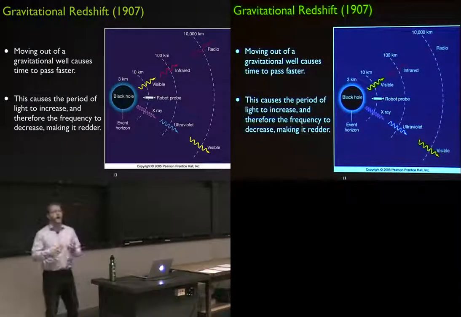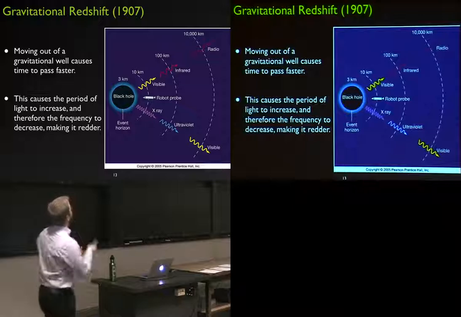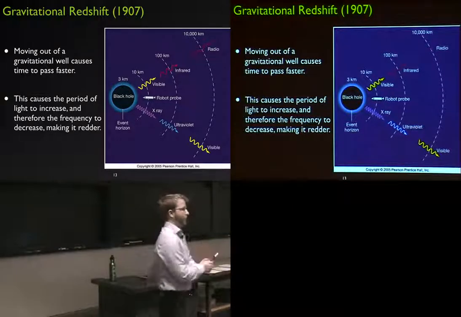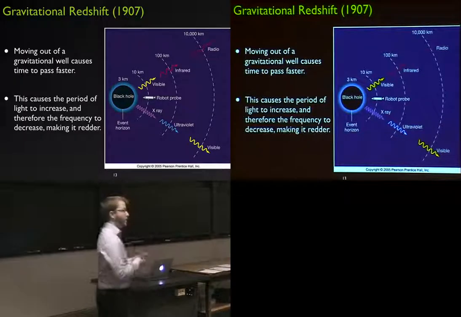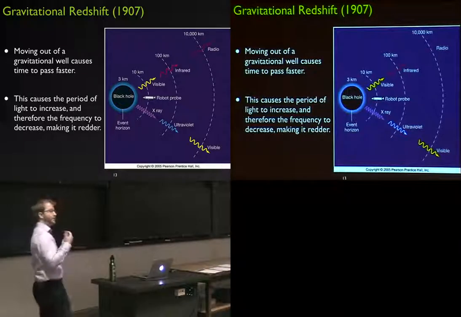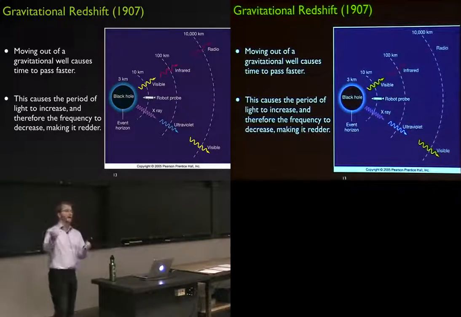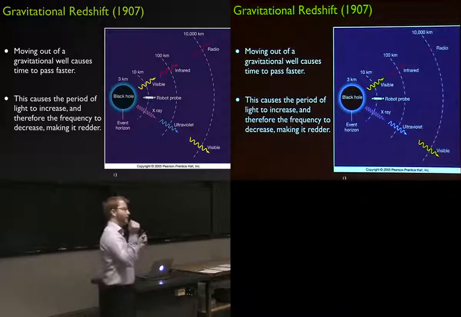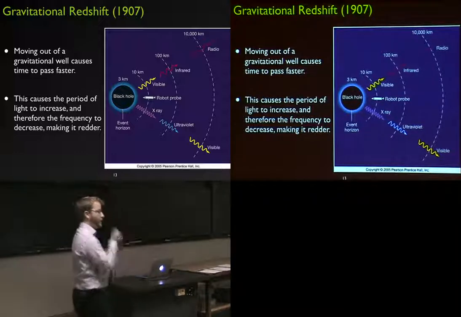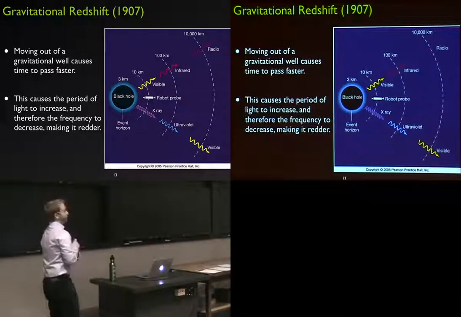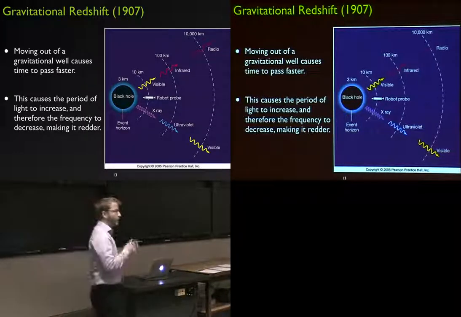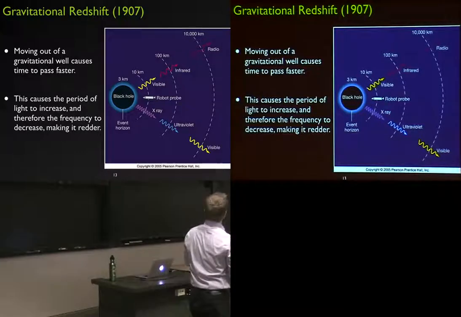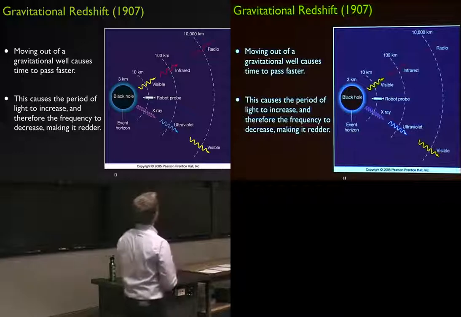So one consequence of this time dilation is gravitational redshifting. There's a redshift that we've talked about in physics for a long time, which is the Doppler effect. You can imagine the sound of a siren as a fire truck goes speeding by you. The frequency goes up as it gets close to you, and then after it goes by, it has a shift down in frequency. That's just the Doppler effect of moving things. But there's also a redshifting that's caused by gravity because of that time dilation and the changing of clocks as you go into a potential well.